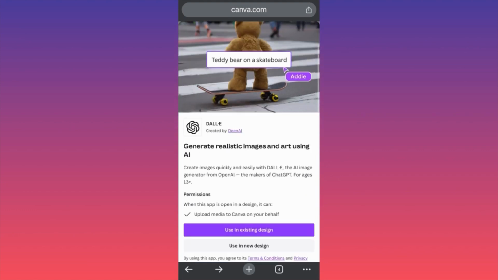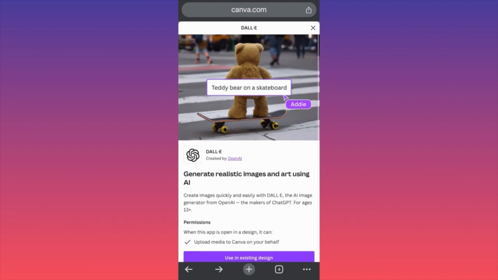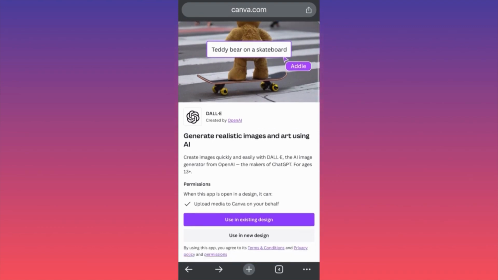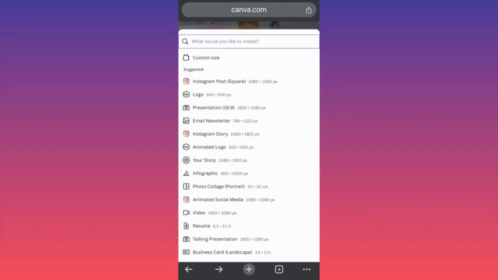So the first thing, you want to come over here at canva.com and you want to click on apps. Then you want to go over and find DALL-E. So how you're going to go about it is simply choosing creating something from scratch, like we're going to do over here, or using an existing design. If you already have certain projects in Canva, you can simply import them here. Let's click on use a completely new design. And in this example over here, guys, we are going to create